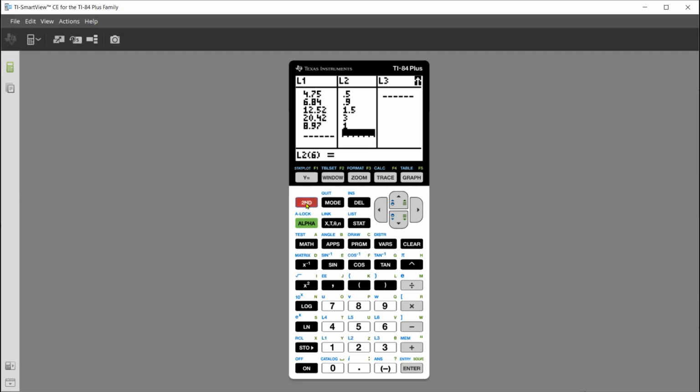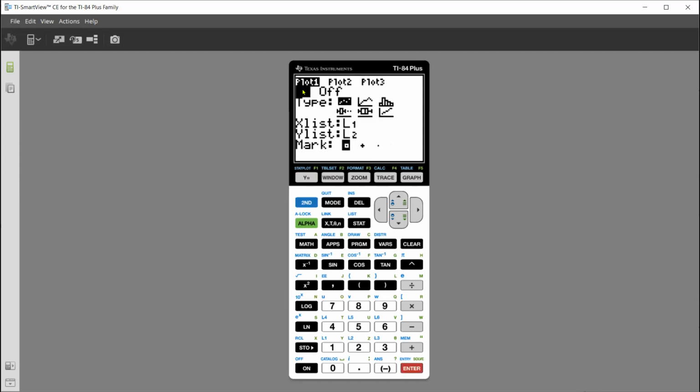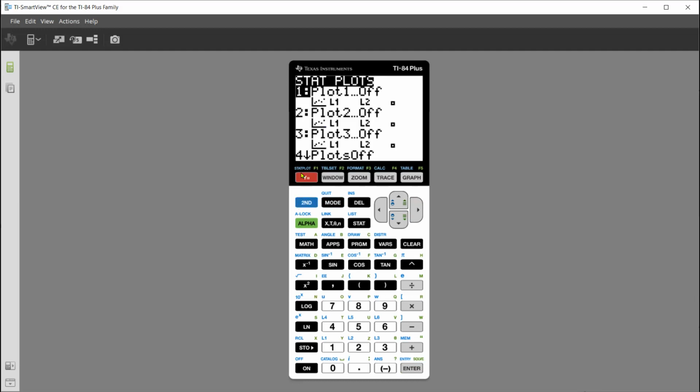So we're going to go second, stat plot, and make sure that your stat plot is on. If it's off, let me turn mine off so that you can see. If your stat plot is off like this,